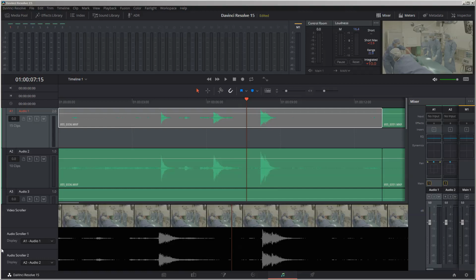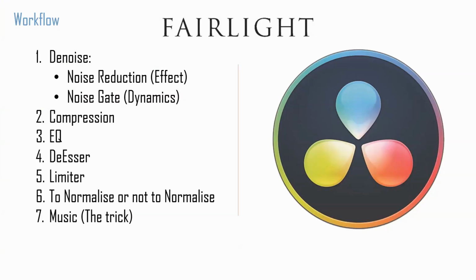Now we're going to talk about the limiter. The next step is the limiter, and we are going to find it in our must-have list. Okay, this is not a nice-to-have list, this is a must-have list.